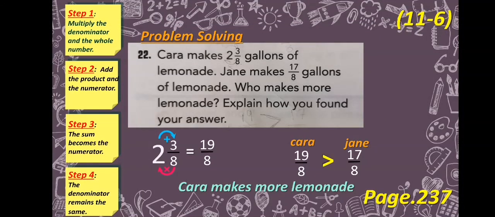To know who made more lemonade, I had to compare them, but I can't because they are different. This is a mixed number and this is an improper fraction, so I have to make them like each other. I have to convert this number to an improper fraction or this number to a mixed number so I can compare. Okay, the next question,